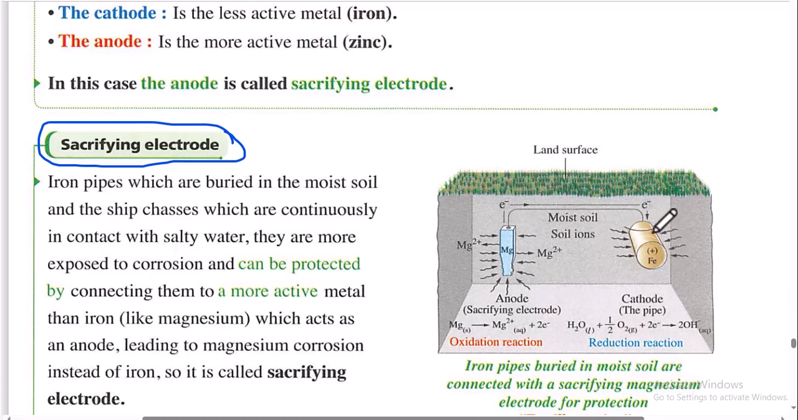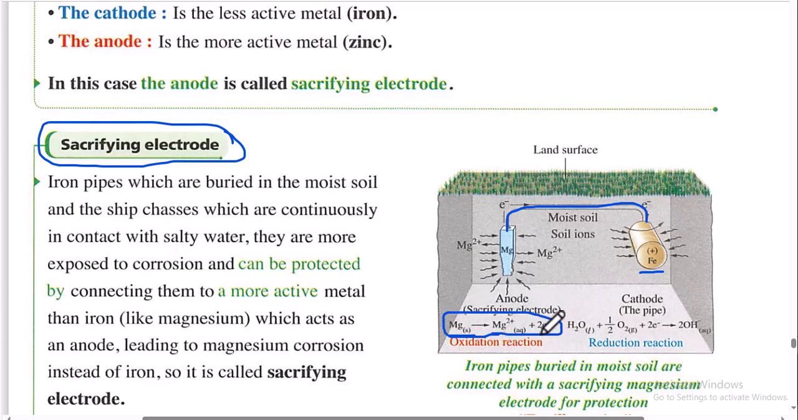Like this iron pipe buried in the moist soil, it is vulnerable to corrosion and more inclined to be corroded. So we have to connect it with another, more active anode. It is connected with magnesium, for example, so magnesium acts as an anode. So what has happened at the anode of this cell? The reaction is the oxidation of magnesium from solid magnesium into Mg2+,